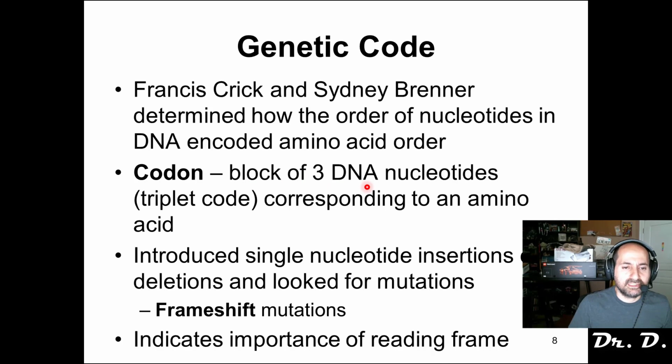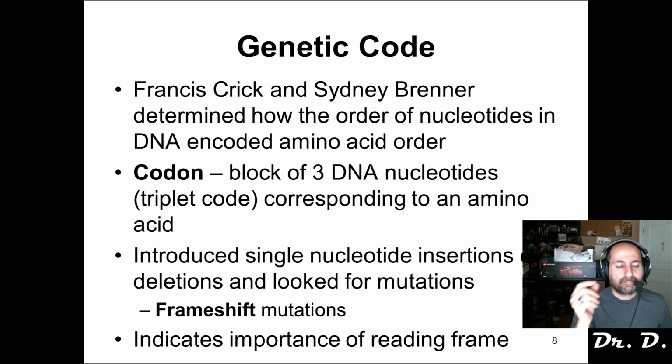There are blocks of 3 DNA nucleotides, and they called this the codon. Codons are triplet code, 3 nucleotides in a row. So AAA is a codon, GGG is a codon, GAC is a codon, CAT is a codon. Any 3 letters composed of C's, A's, G's, and T's